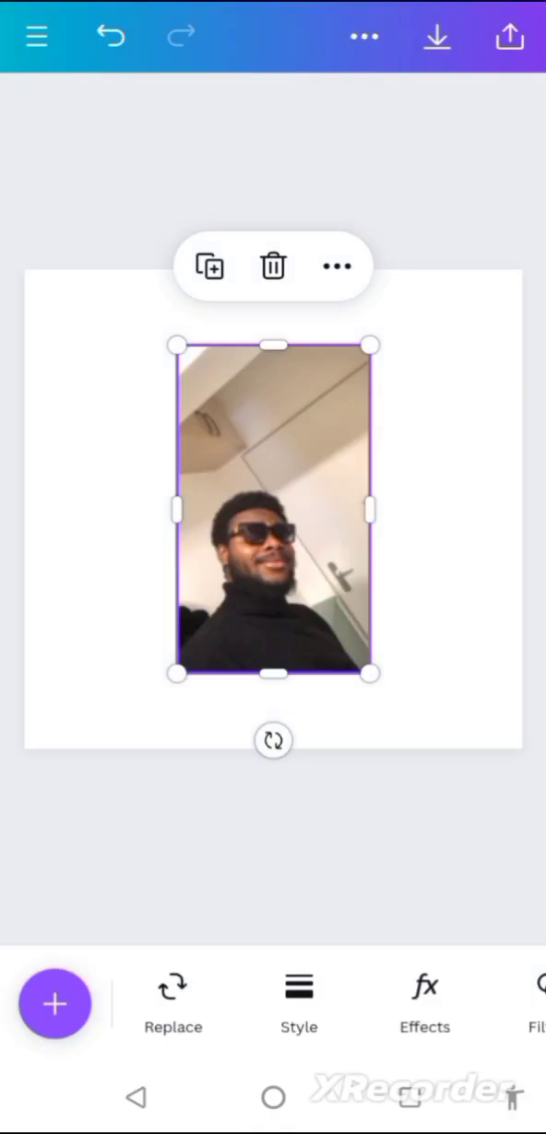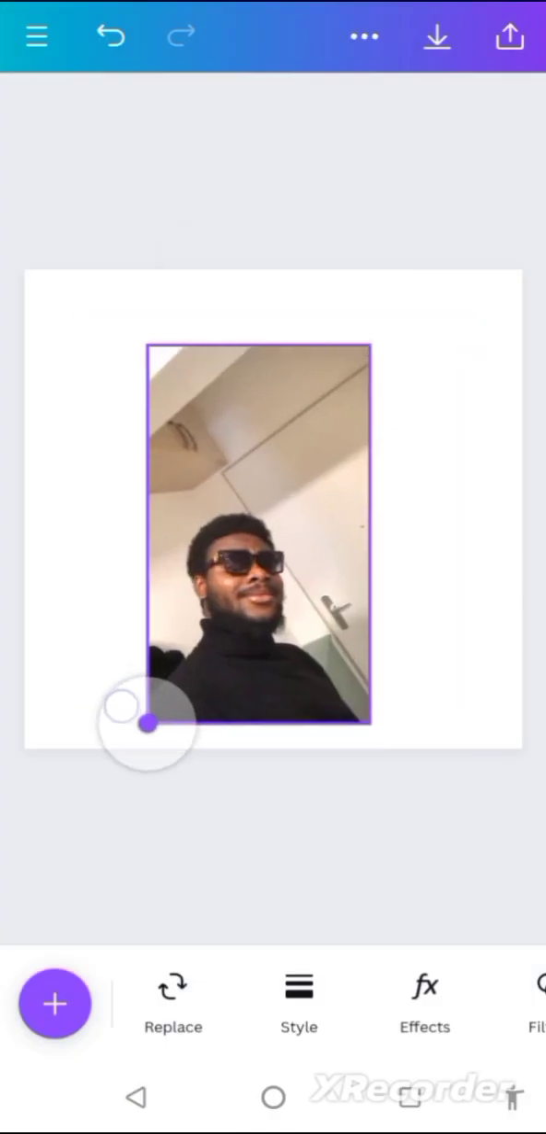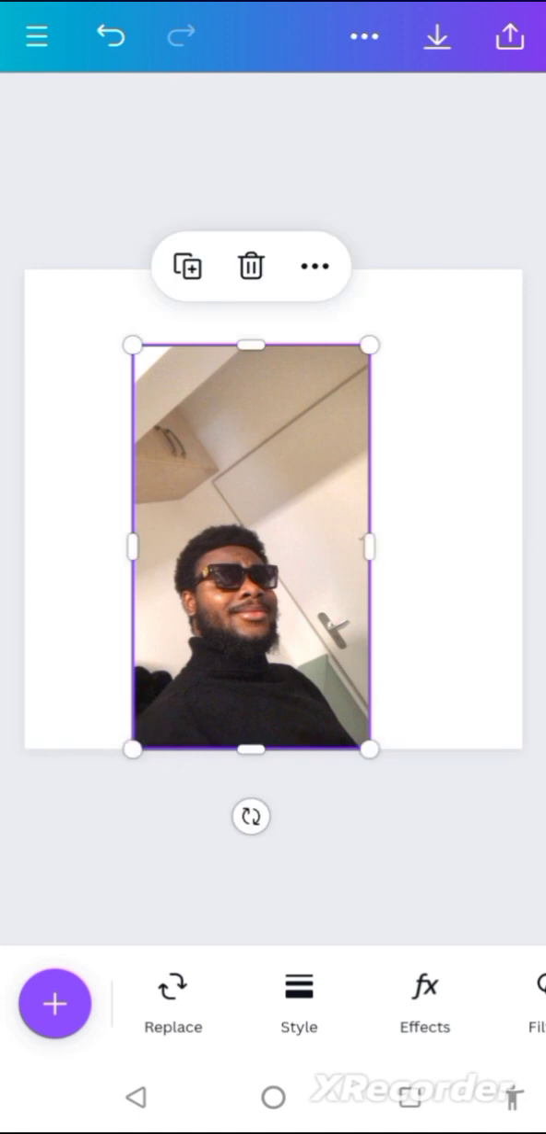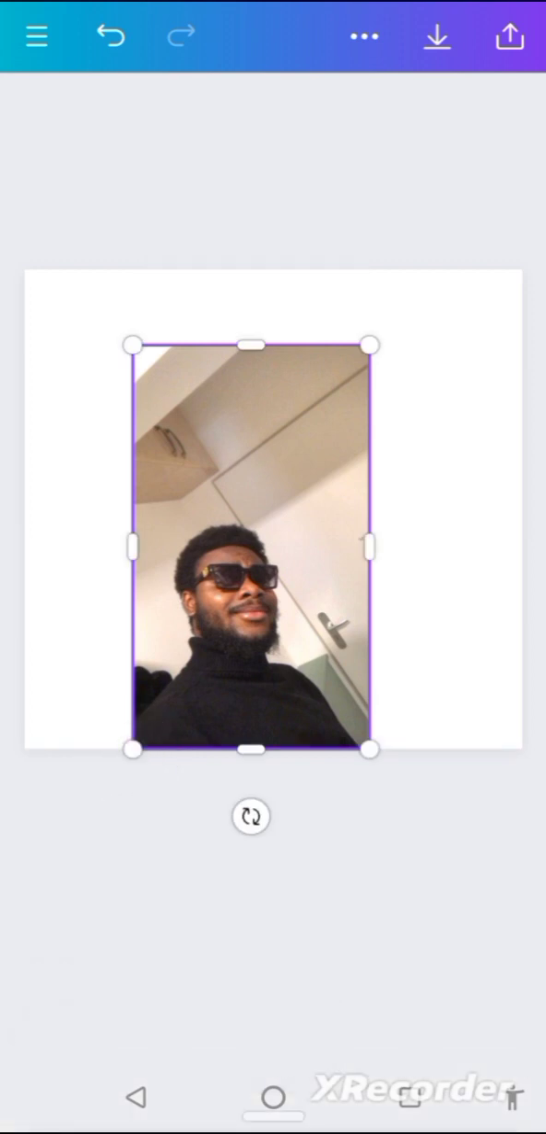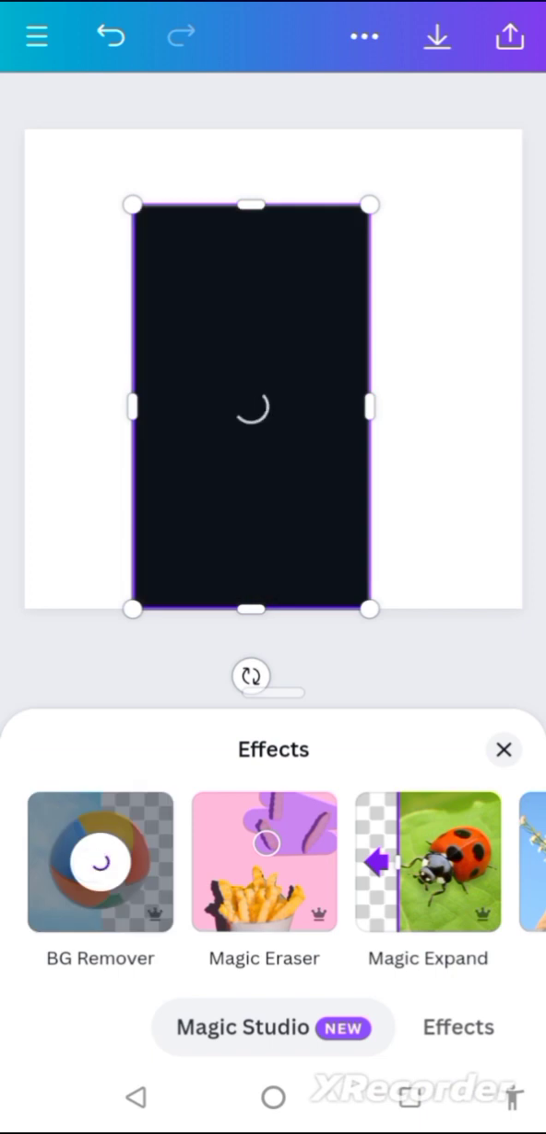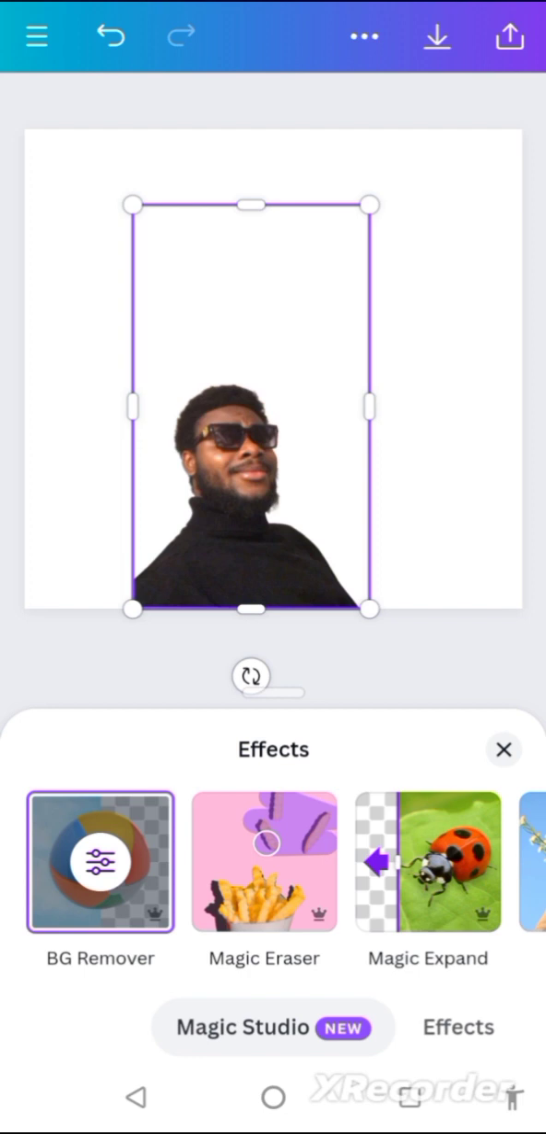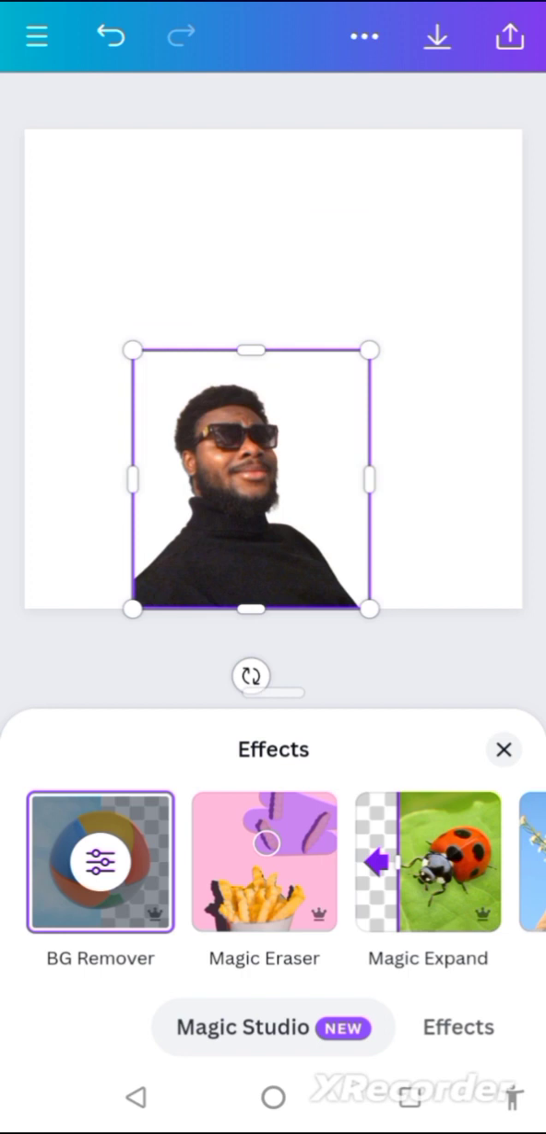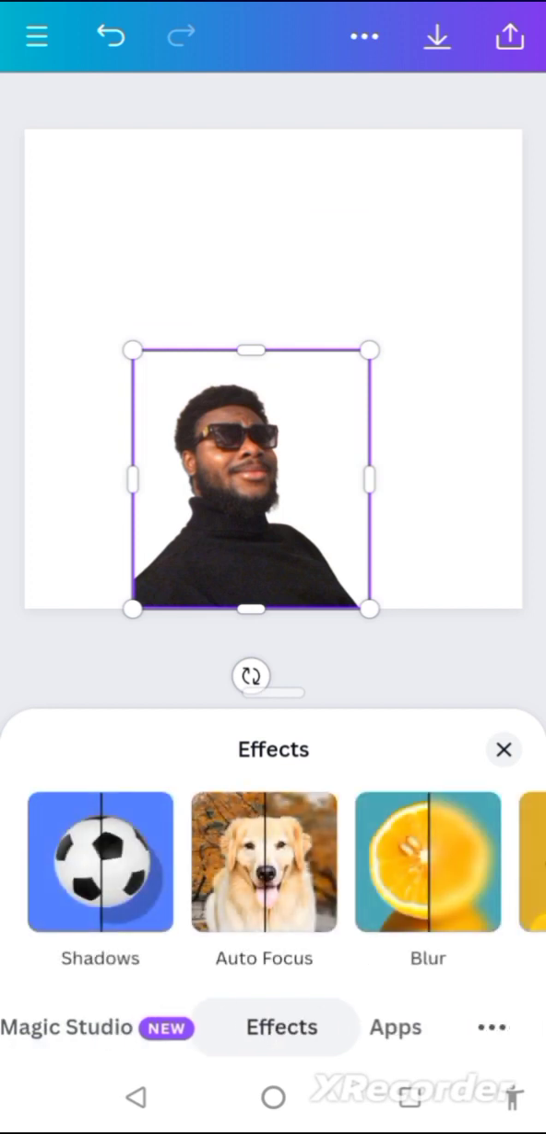So when you upload a picture, if your picture has a background, you resize the picture first of all, then click on effects, then background remover to remove the background. Then after doing that, you can drag down the line to resize the picture. Okay, then